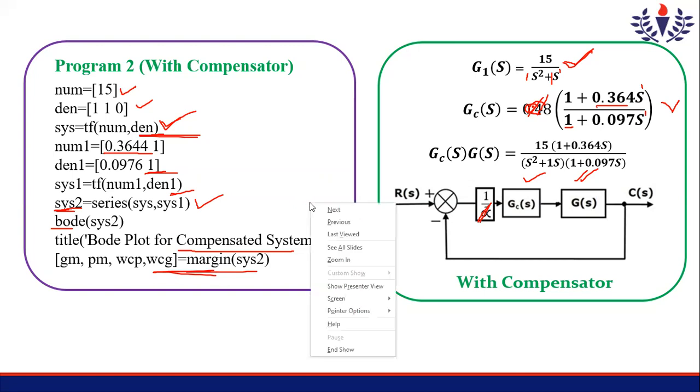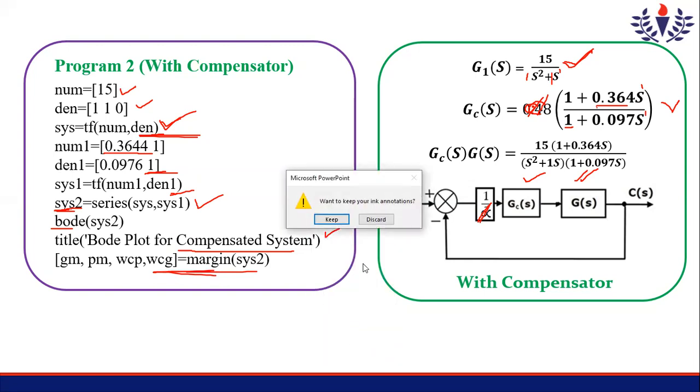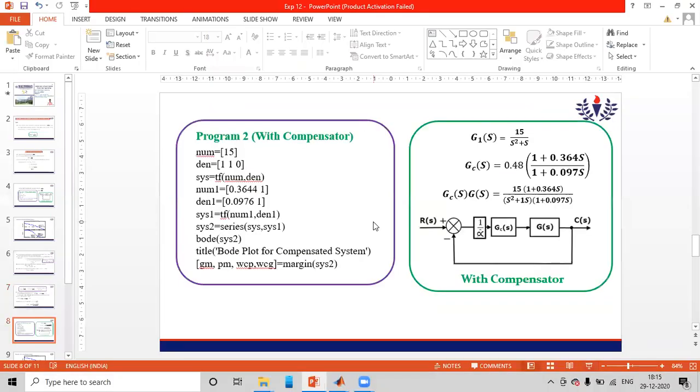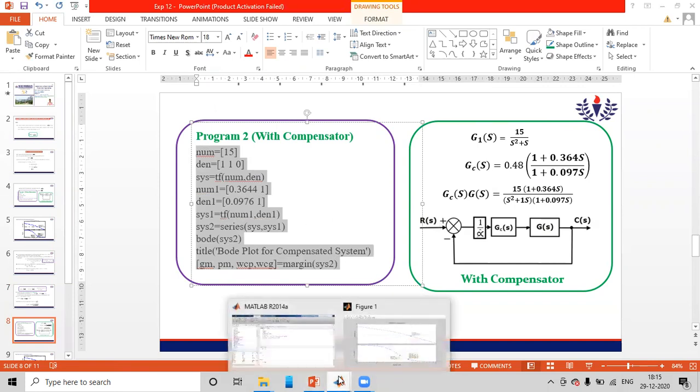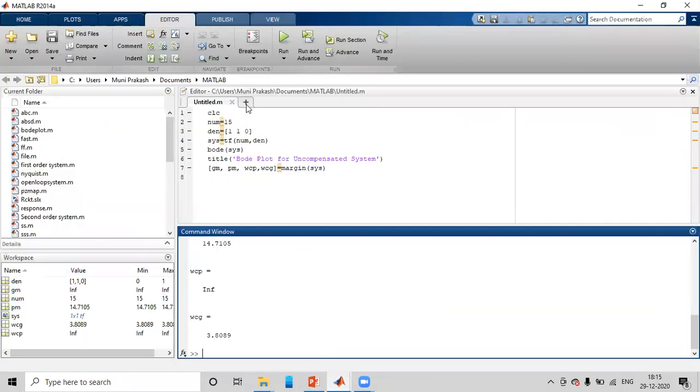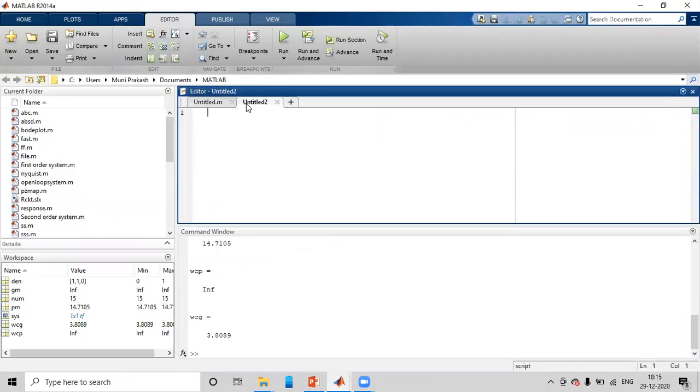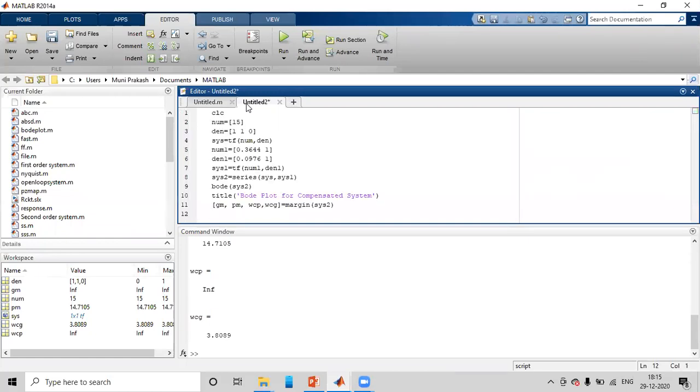Now we will see the simulation. I will copy the program from this slide directly. And this is the with compensator case. Previously, we have seen without compensator. We'll open a new tab, CLC, and then paste the program.